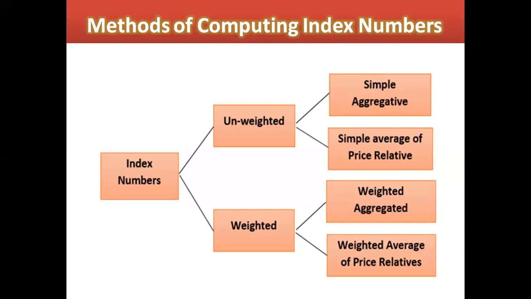The next problem is the problem of averaging of prices. An index number is a summary measure. As we know, we do the summary at the end when we get the index number. Thus, its usefulness decreases as it tries to describe a complex situation which is too wide in scope. Sometimes the arithmetic mean is suggested by experts, or sometimes the geometric mean is suggested by various experts. Which one is more appropriate? Again, it remains a question mark through which method we can get the desired results for averaging of prices.